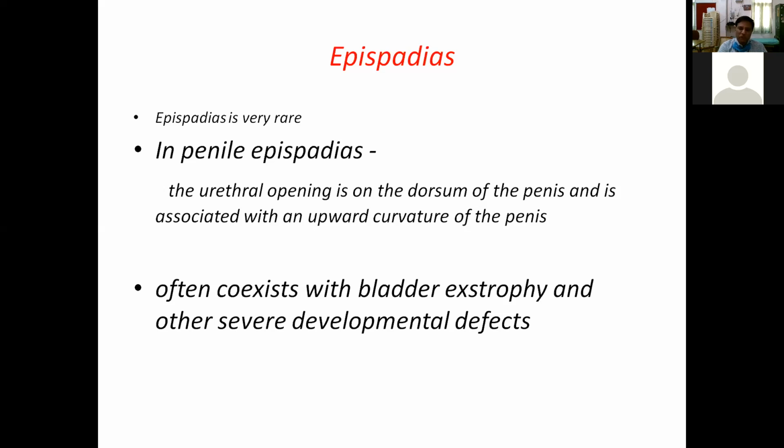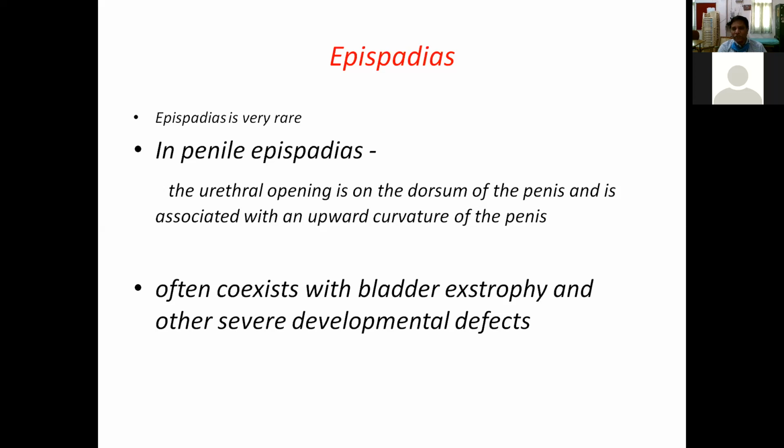What is bladder extrophy? So bladder is a sac. It has got a posterior wall, anterior wall, a dome of the bladder. So congenitally here, the anterior wall of the bladder, the anterior abdominal muscles, and the skin of the anterior abdominal wall are not developed. The pubic bones are separate, no pubic symphysis. So there is a mass absence of the pubic symphysis, skin over the lower abdomen, and the muscles of the lower abdomen and the anterior abdominal wall are absent.